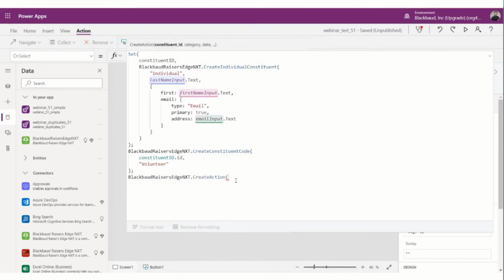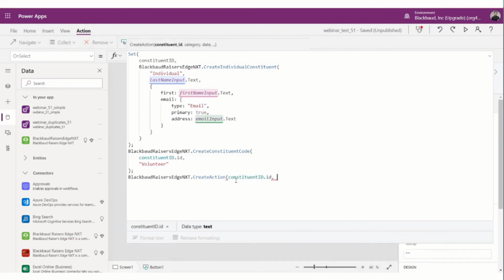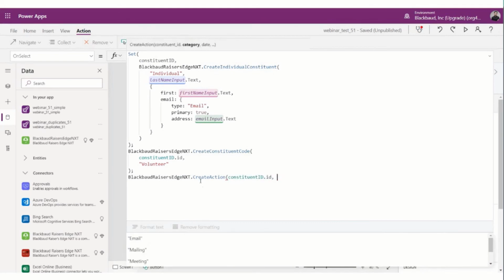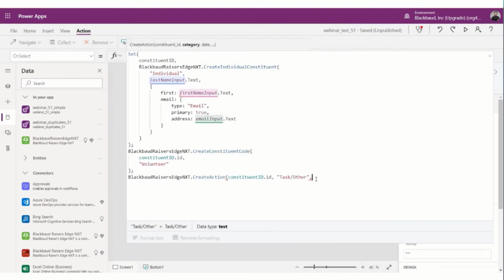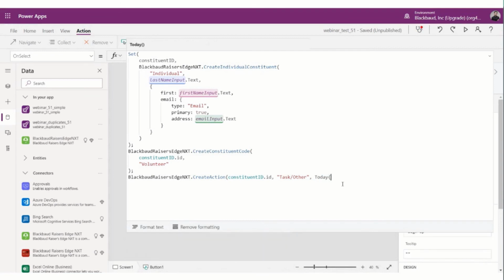And then the constituent ID, again, it's that constituent ID.id. For this it actually gives us a list of pre-filled values, task other, and then the date, it's going to be UTC now. I think it's just today. Yeah, let's just use today.